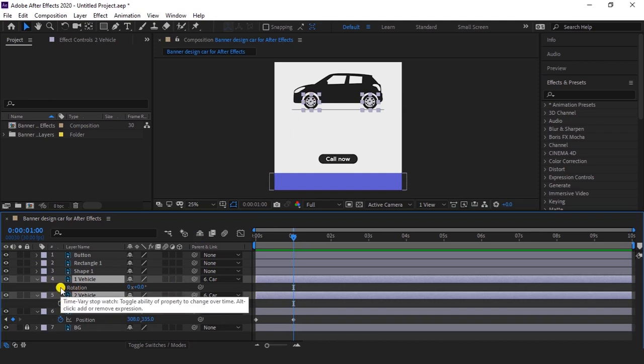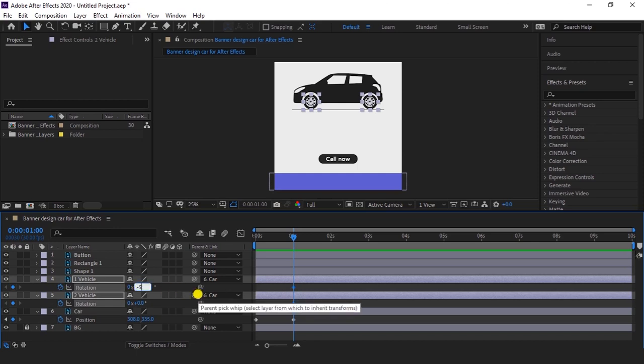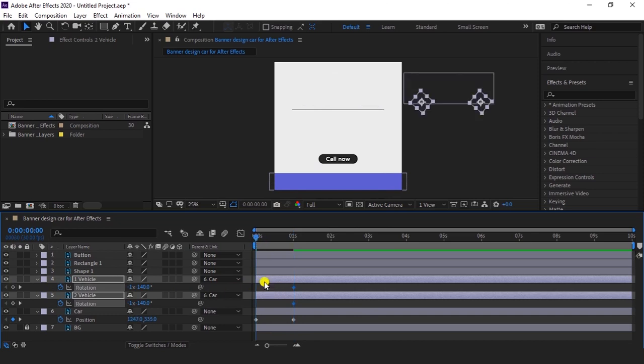So click on the stopwatch icon. So give here -500 and come back. Now give here 0, and if you play your animation now, you will get both vehicles animating in rotation, as you can see.